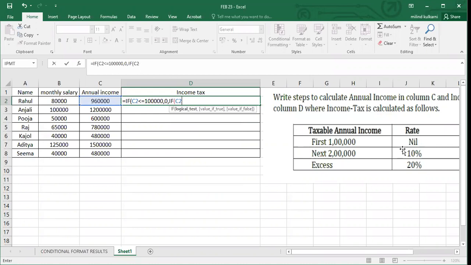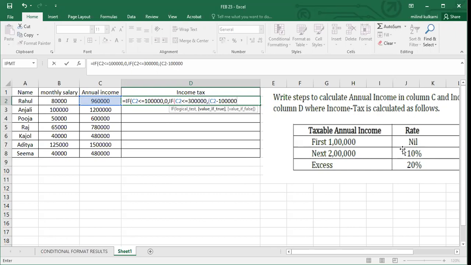If C2 is less than or equal to 3 lakh, because the first 1 lakh you should add into 2 lakh, comma, you should subtract 1 lakh from your initial value. Therefore I will type C2 minus 1 lakh,